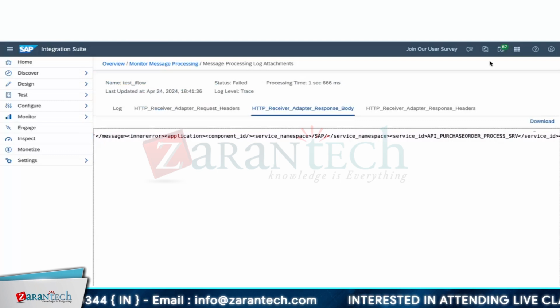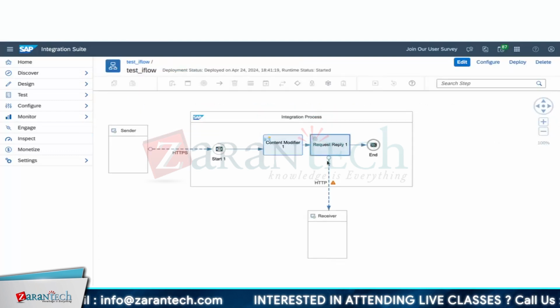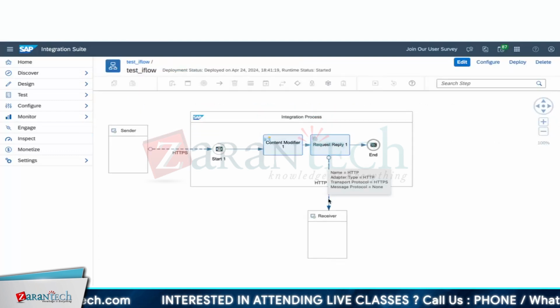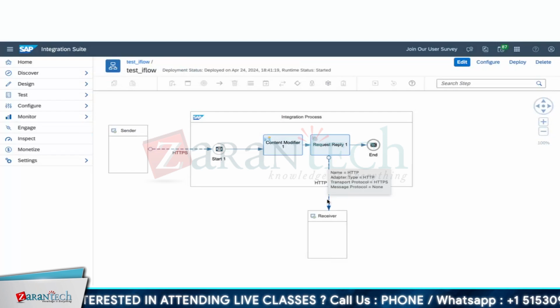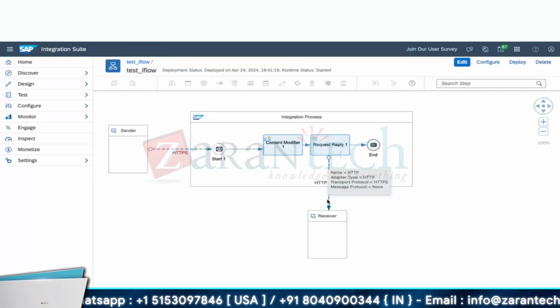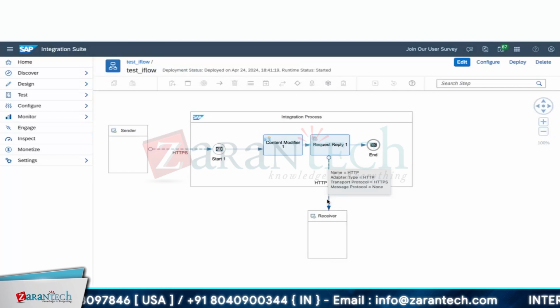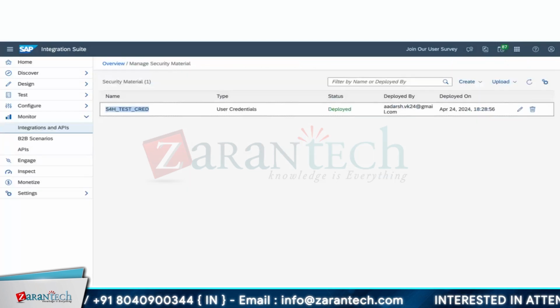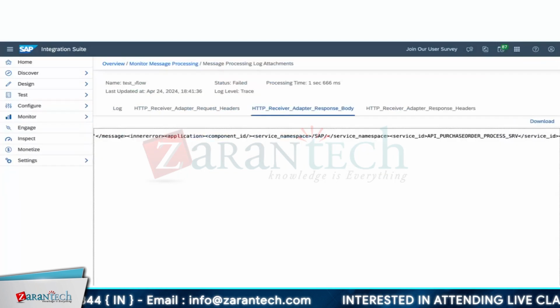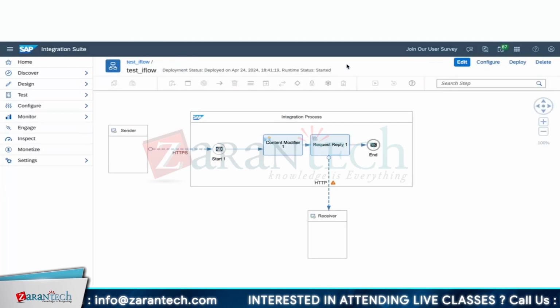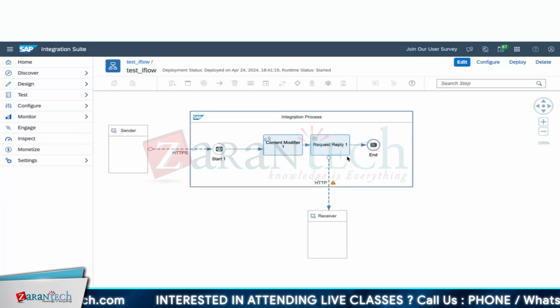So this is just an example of how to create an adapter with HTTP and make a connection to any of the OData APIs as an HTTP connection, get the response back, and check how you're seeing the response. This is a way that you can triage your problems and get the information out of it, and you can modify when you're doing some development. Okay, any queries on this one?